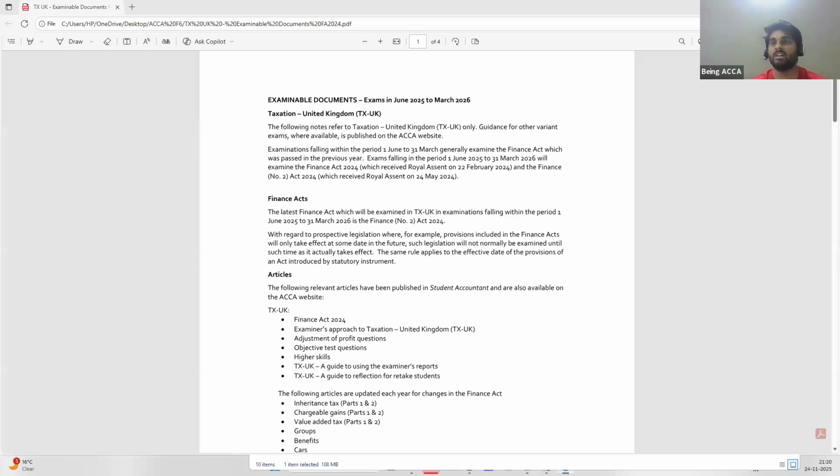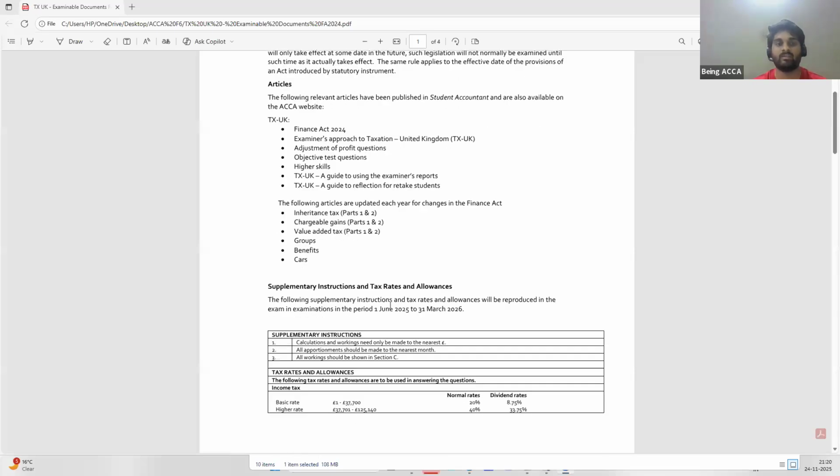Coming to the other thing, most of the students make the mistake of remembering all the values, like what is the personal allowance amount, what are the tax rates to be applied, what is the fuel benefit, what are the taper relief percentages. Let me tell you something, you do not have to remember those at any point of time, because those will be provided to you in the examination itself. This is a set of all the examinable documents that will be provided to you in the examination. If you look at it,